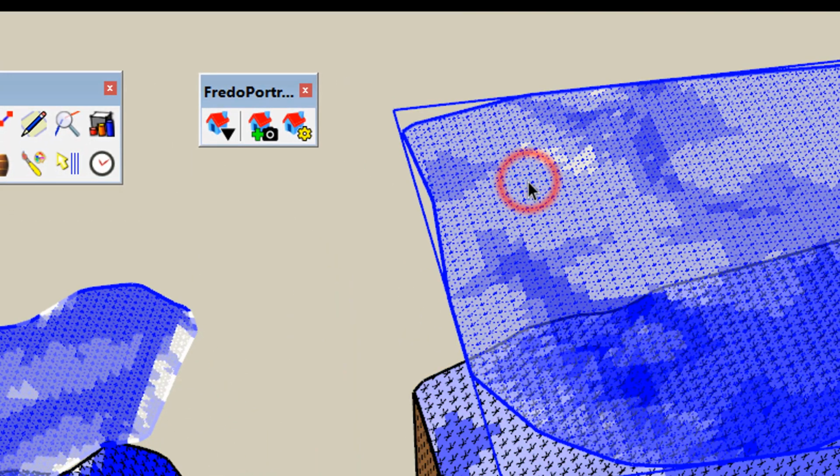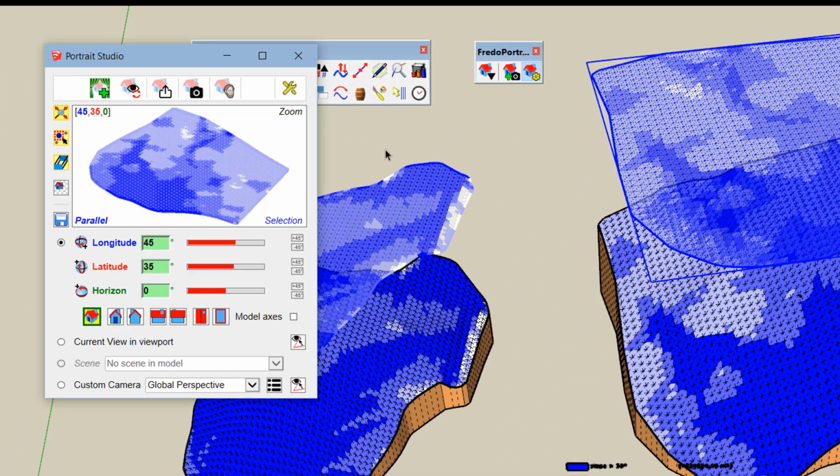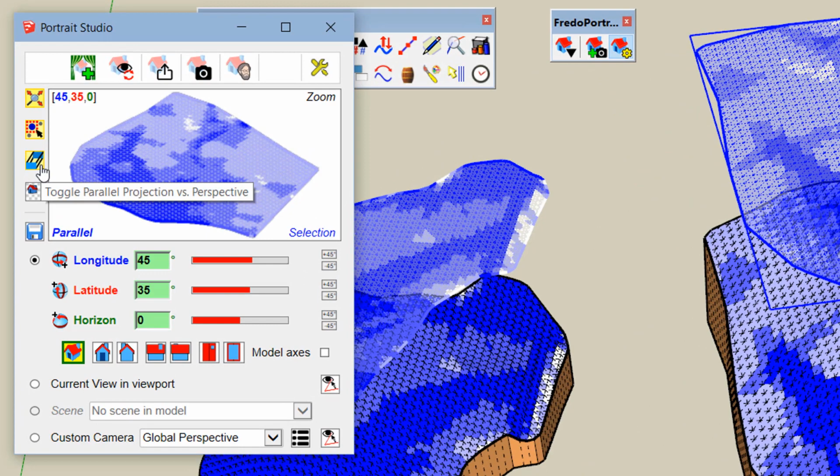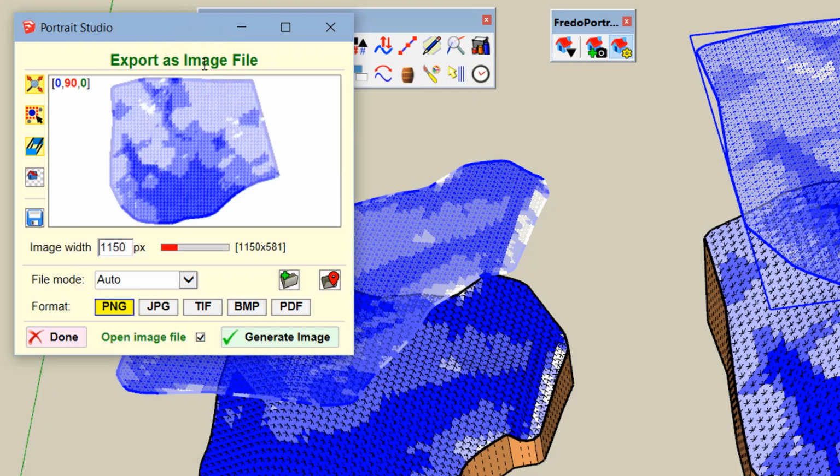Just select the color map and call Portrait Studio. Make sure that you are in a parallel view and also that you select from the top. So here it is, and now you can move to the export as an image file.